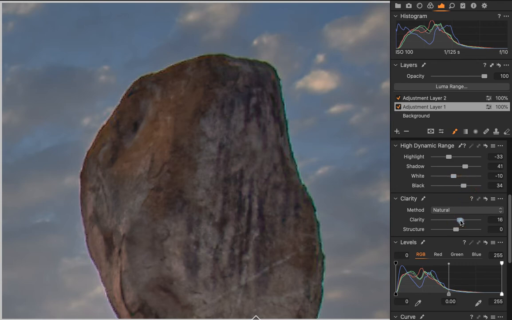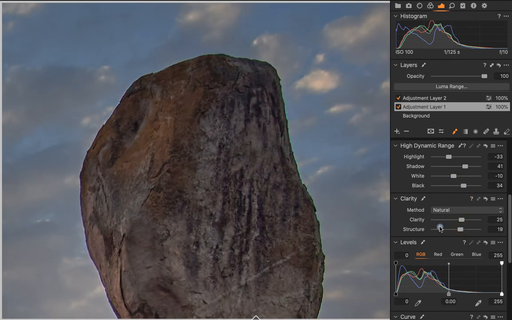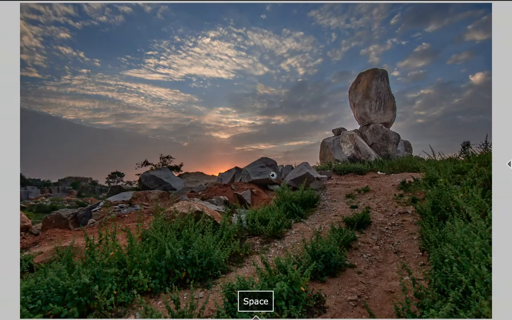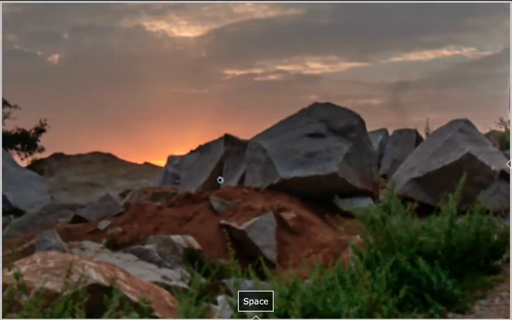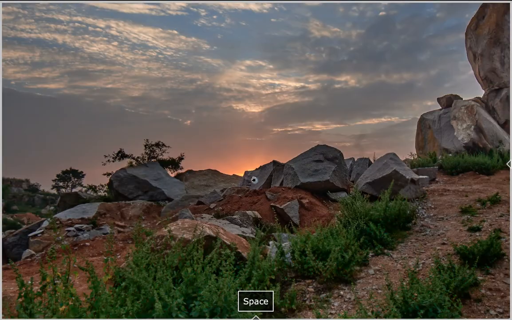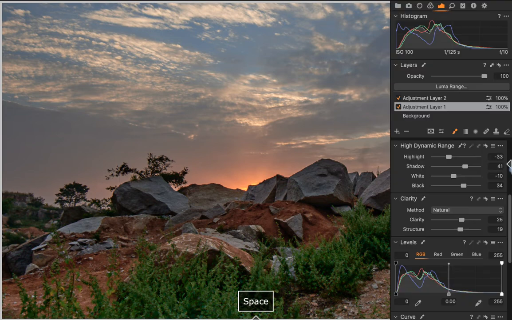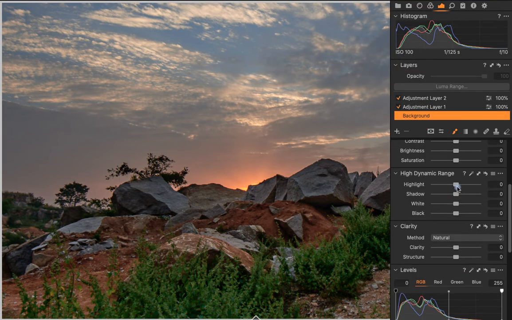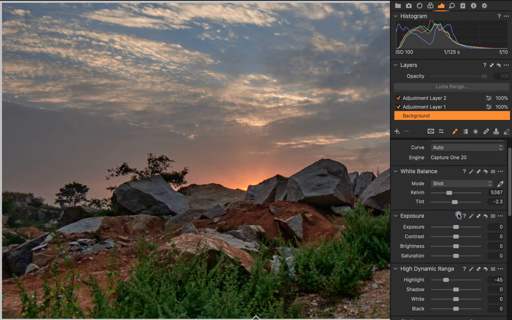How cool is that, isn't it? So this way you have precise control over each and every area of your image. So for example, if I want to enhance this sunlight, I can stay at this part, go to the background layer, pull down the highlights a little bit, lift up the shadows, warm the color temperature a little bit.